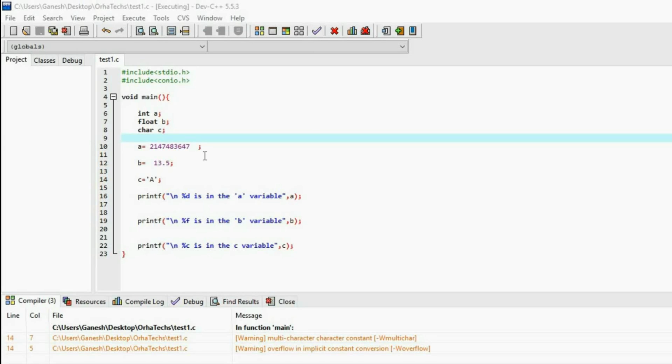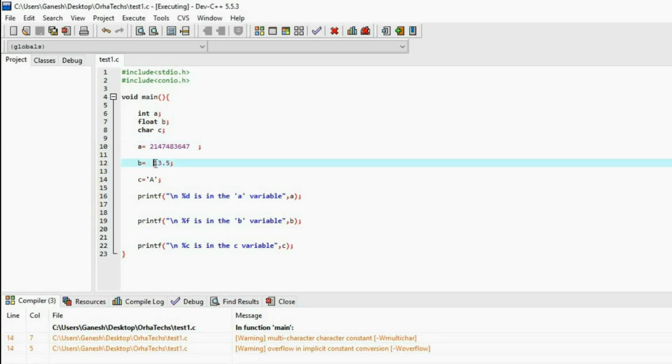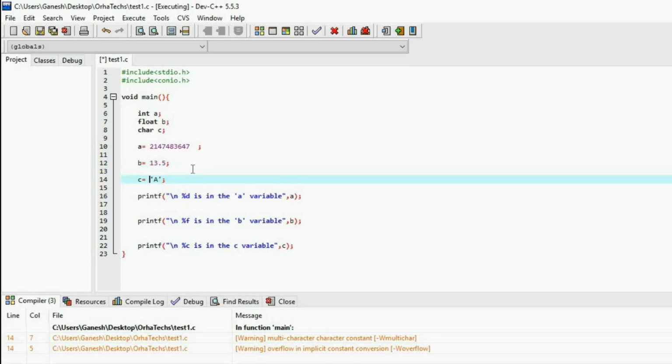And then this is the float value. I've told you that in float we put decimal numbers, so I randomly gave this decimal number. In character, I told you that you have to put some letter, A or B or C, whatever you want. Just remember, only one letter; you cannot put A, B together. That will be called a string. What is a string? We will discuss this in the next video. So